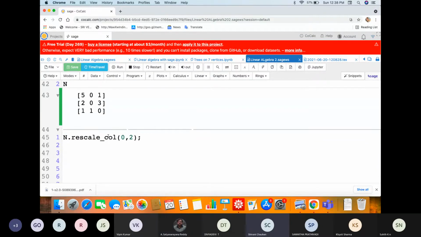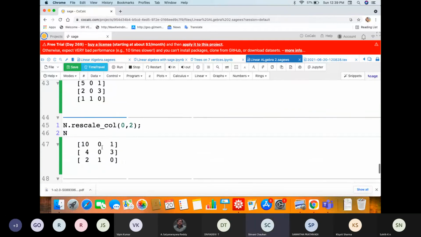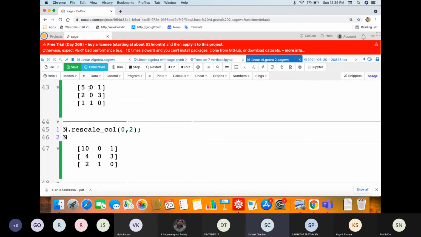n dot rescale column 0, 2. This means I want to rescale my 0 column, that is this one, by 2. So here you can see that the first column is rescaled by 2.